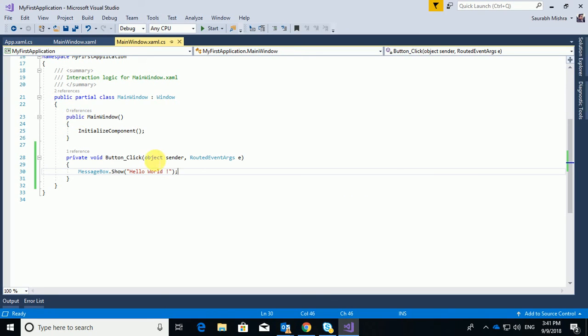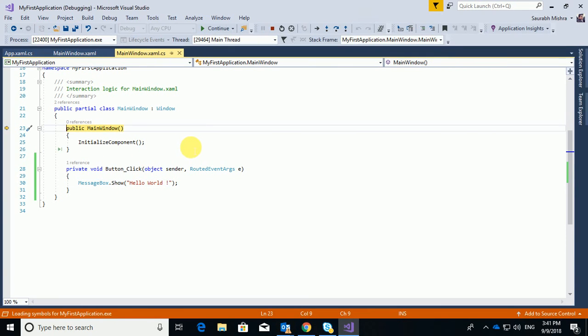So to debug, you can press F11. When I press F11, I can do step-to-step debugging. I can see that initially within a class, this is basically a C# application class named as main window. So when you debug, you understand the step-to-step flow within that class, and here I am able to realize that it's the constructor of the class which gets initialized first. Constructor has the same name as the class name, so here main window is the constructor of main window class, and this is the first one that gets initialized.